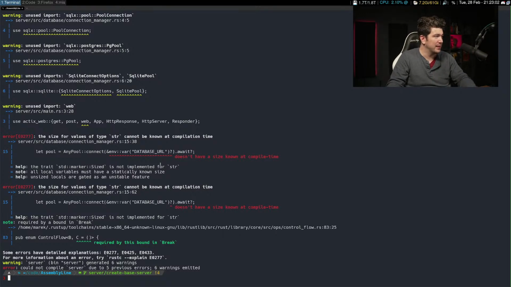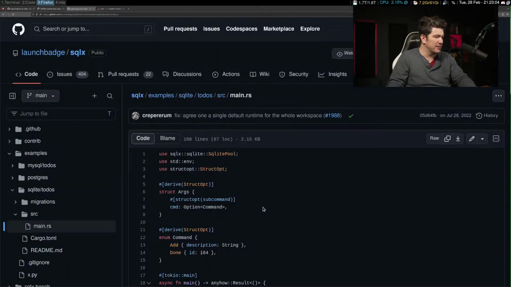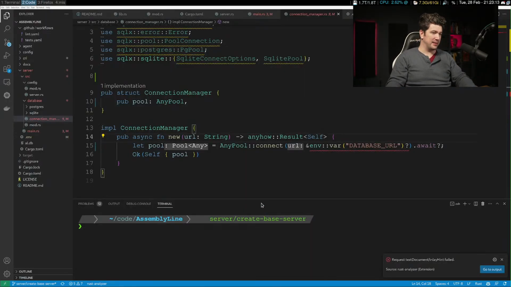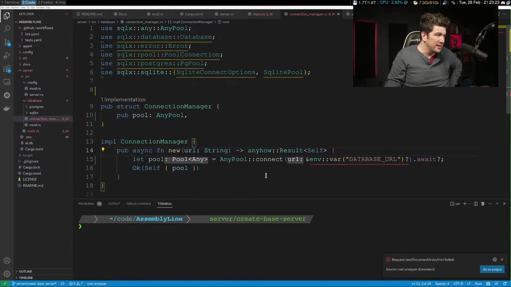Okay, it is an error. And that would maybe explain why it can't open the database. Feel like Rust hates me tonight.